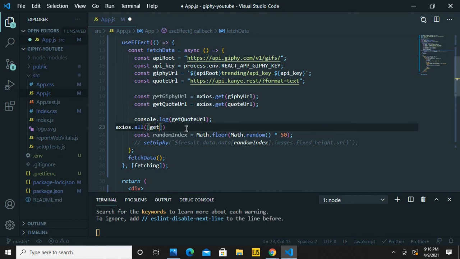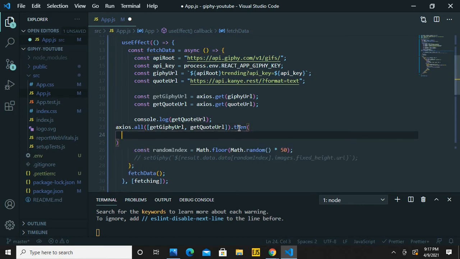Let's say getGiphyURL and then getCodeURL. Then axios.spread. We are going to use a spread operator, which is three dots. And let's do allData